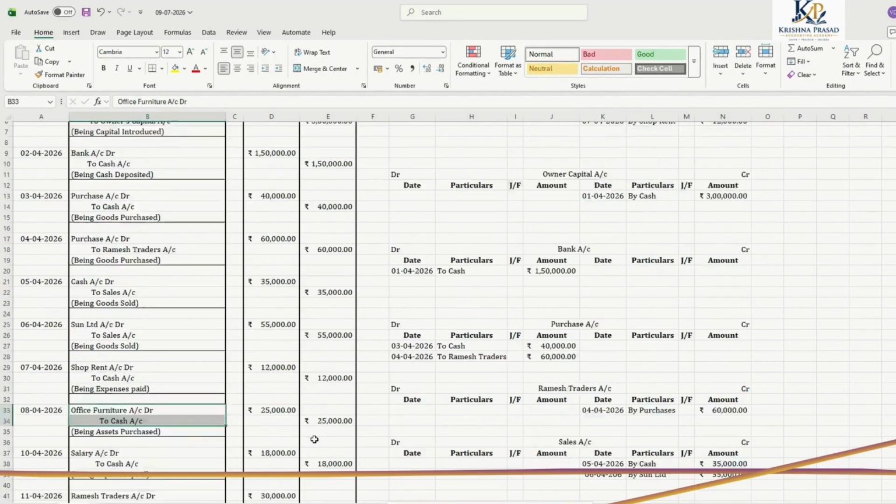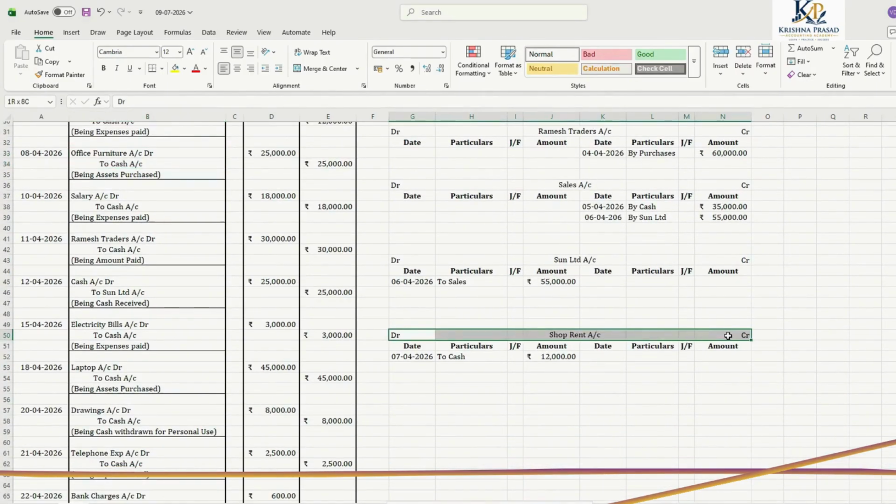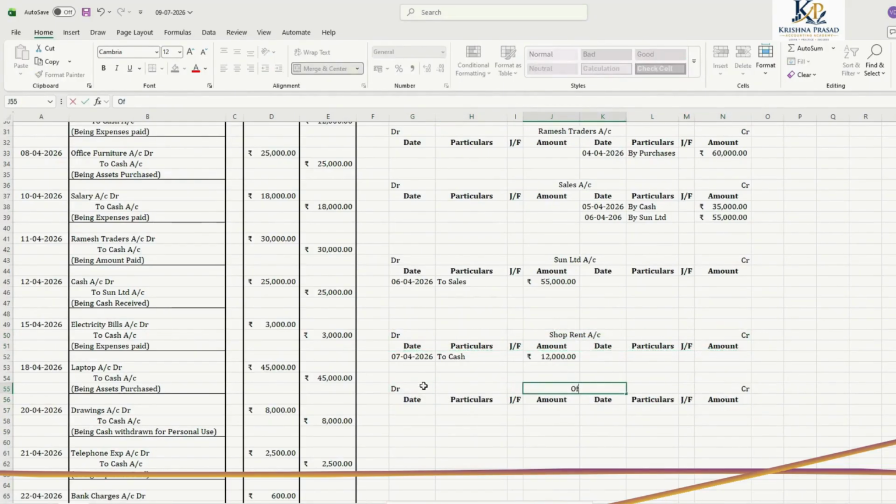Next, office furniture account data to cash account. So we need to create office furniture and cash account. Cash is already created. Next, we need to go with the office furniture account. Office furniture is on the debit side. We need to enter the opposite account on the debit side. What is an opposite account? To cash